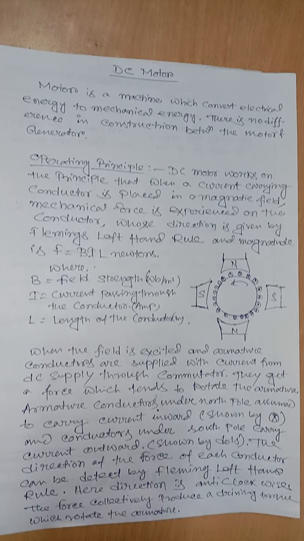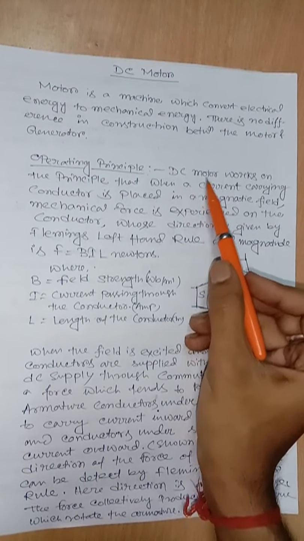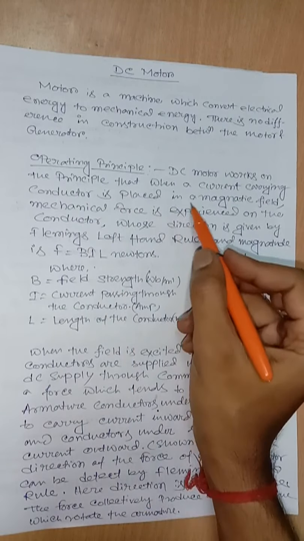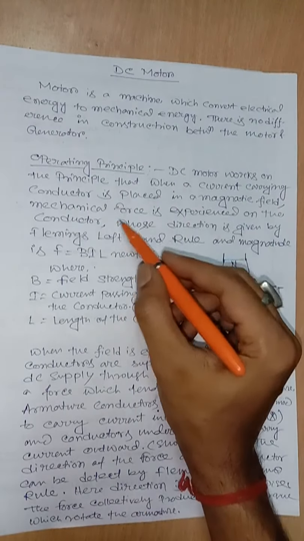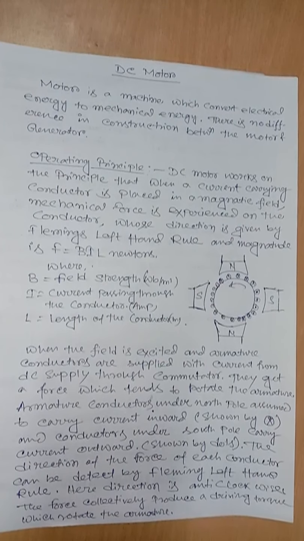As you can see here, the DC motor. Actually, whenever a current carrying conductor is placed in a magnetic field, a mechanical force is experienced. In the case of a DC motor, the same principle is applied. DC motor works on the principle that when a current carrying conductor is placed in the magnetic field, a mechanical force is experienced on the conductor whose direction is given by Fleming's left hand rule,